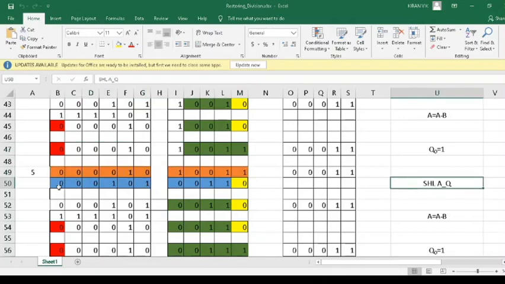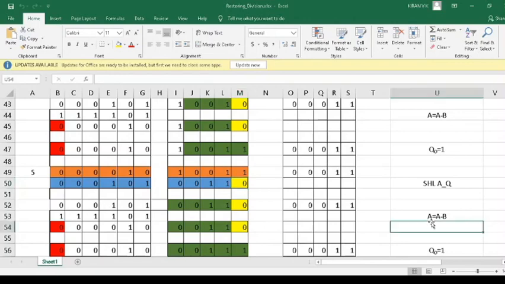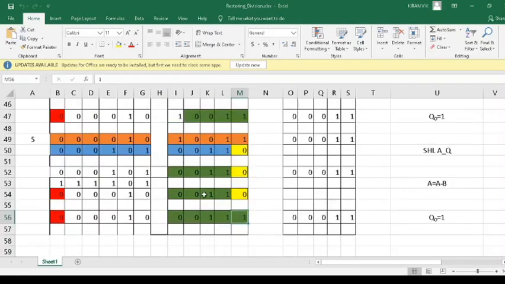Okay, as usual, we will left shift AQ by 1 bit position. We are left with a tentative Q bit as 0. Now the next step is to perform A equal to A minus B. So you will write down the section of A, you will write down the 2's complement representation of B, you will perform addition. Now watch for the sign of the result. So what is the sign? It means that the result is positive. So when the result is positive, the tentative field of Q or Q0 is fixed as 1. Okay, so that is fixed as 1, instead of 0. There is no restoring step, so that marks the end of the fifth iteration.